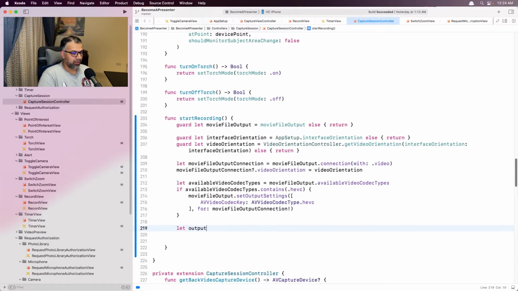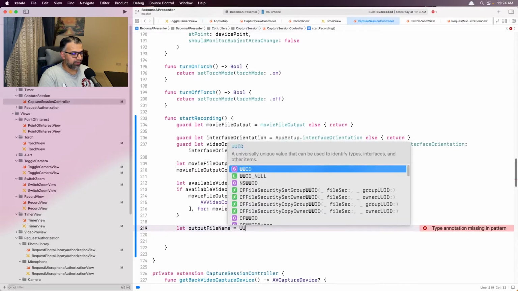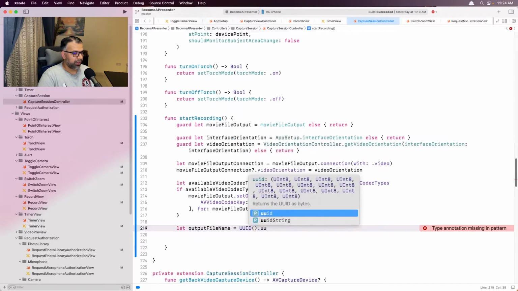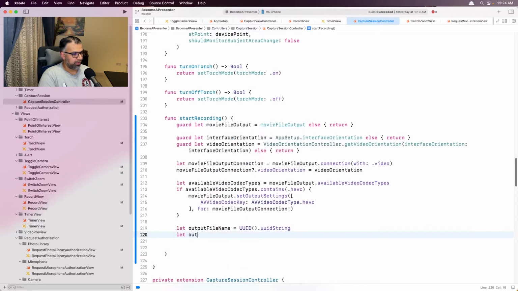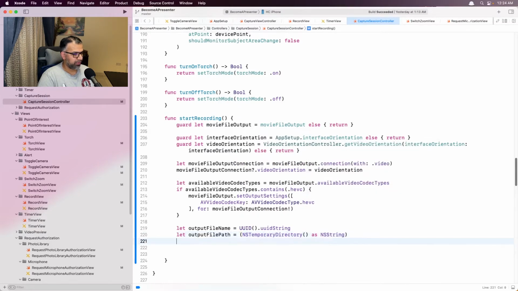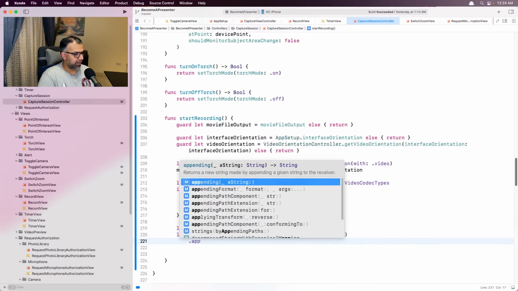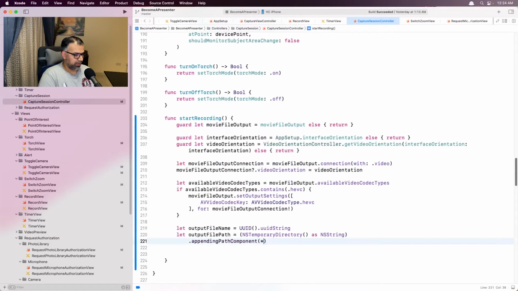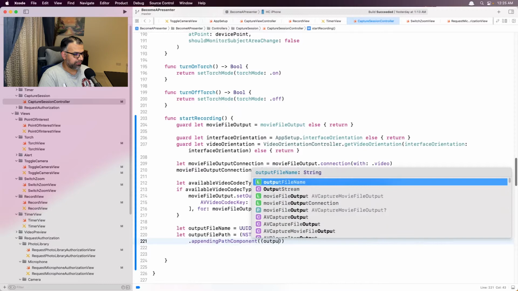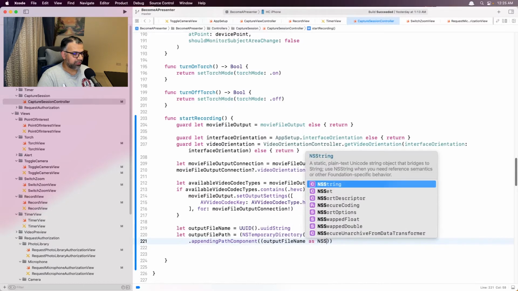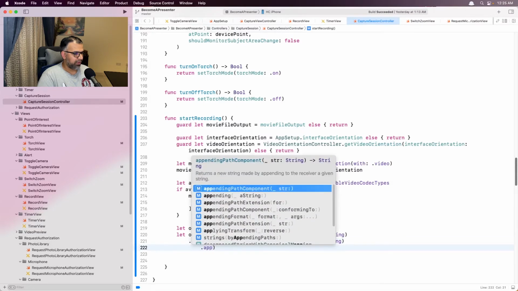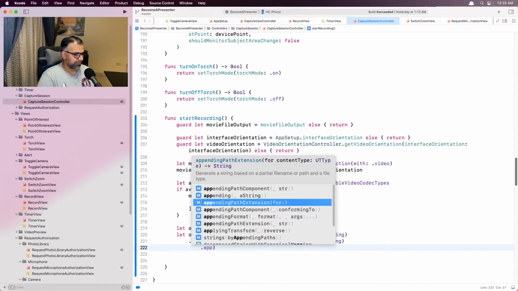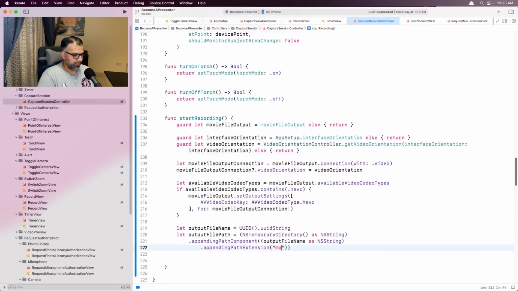We will say output file name UUID string, output file path NSTemporaryDirectory as NSString, dot appending path component output file name as NSString, appending path extension MOV,